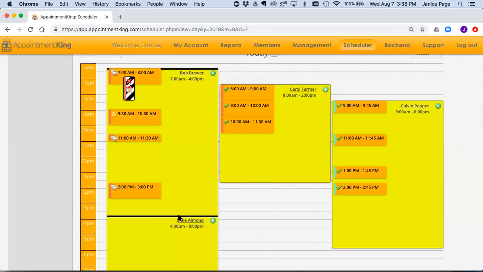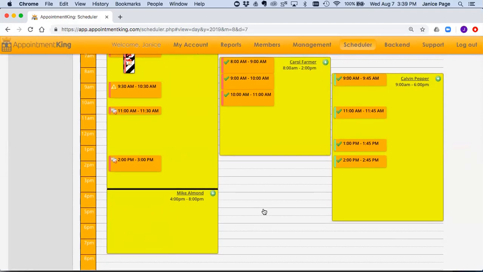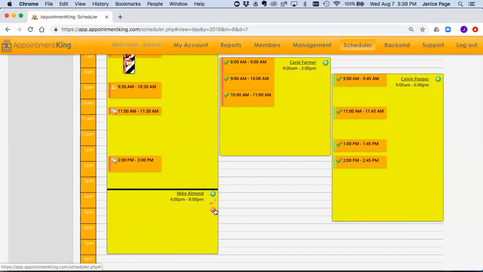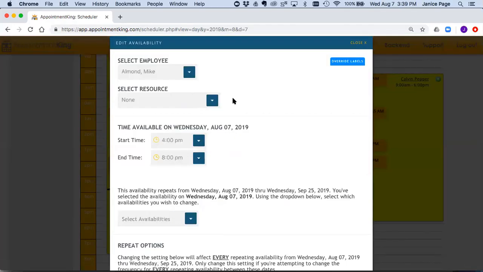That's like Bob's up here. So it's on the calendar. If I can mouse over that little black, I can't get on it. There it is, reoccurring availability. To manage your availability, you can click on the name. You can delete this or you can edit it. So if I wanted to edit this, so let's say